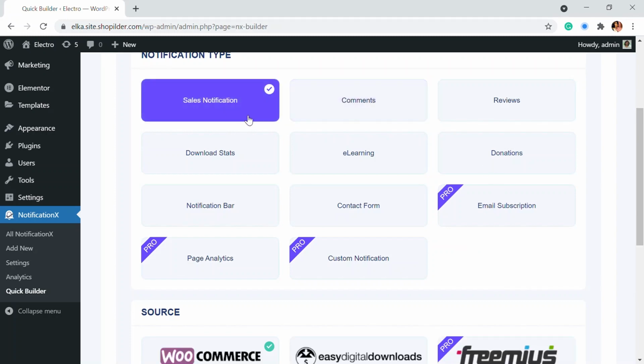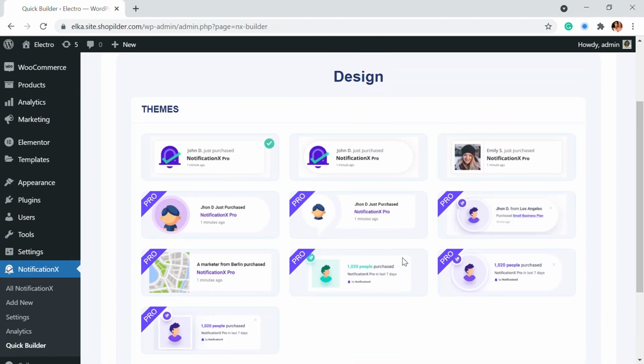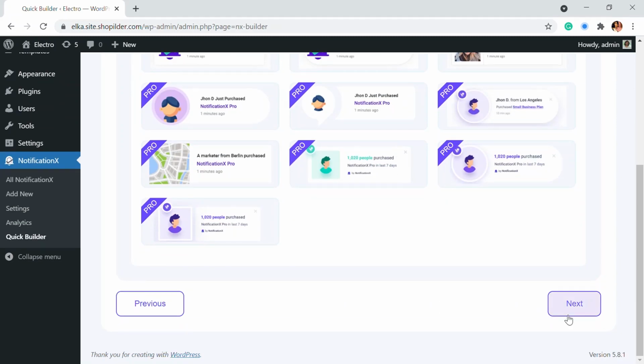First we're going to look at the sales notification, and here you have the source, meaning through which source you're going to sell the product. Mine is WooCommerce, so I'm just going to click on next. There are many themes given right there. This is the basic theme, and there is another theme, and another theme. You can see the differences. This one is a rectangular one, this is an oval shaped one, and this consists of your image. Sometimes people might not have logged in with their emails, so you can avoid this in such cases. Other than that, this looks good, and I'm going to click on next.